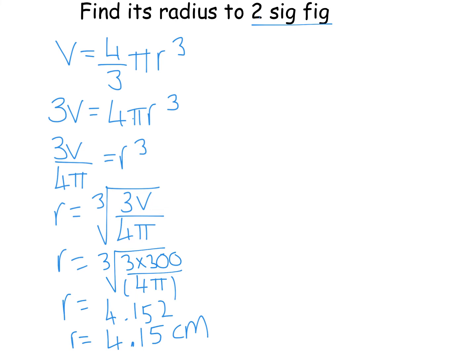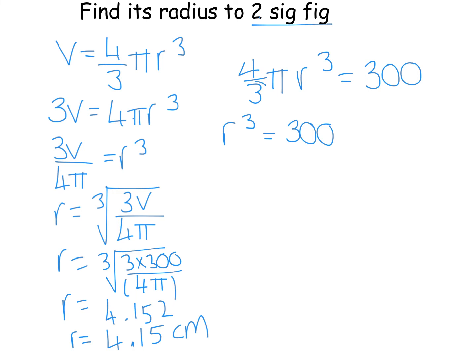So we could start by doing 4/3 pi r cubed equals, and then put the volume of 300 in here. And then if you want r cubed, we're going to absolutely undo everything in a funny order. So we're going to start with the 300. The opposite of this divide by 3 is times 3. The opposite of times 4 is dividing by 4. And then the opposite of times by pi is dividing by pi. It looks a really long way of doing it, but it does work. And if you type all that in, you will get